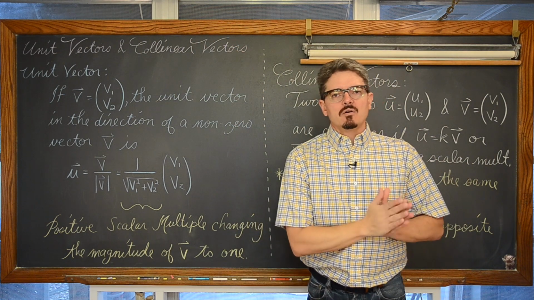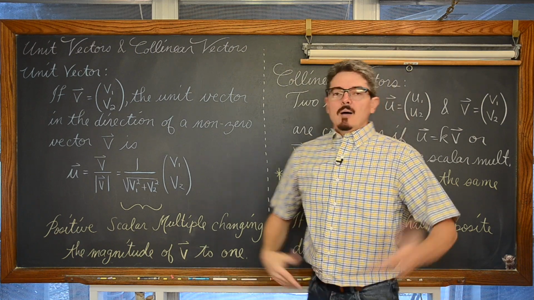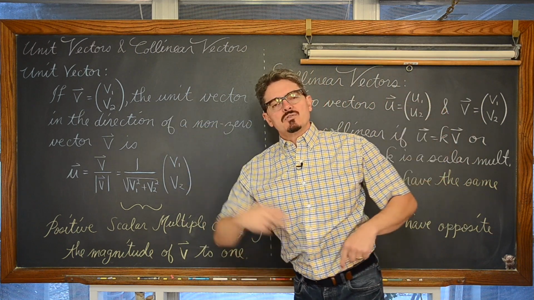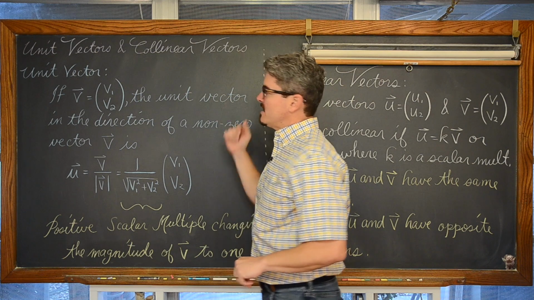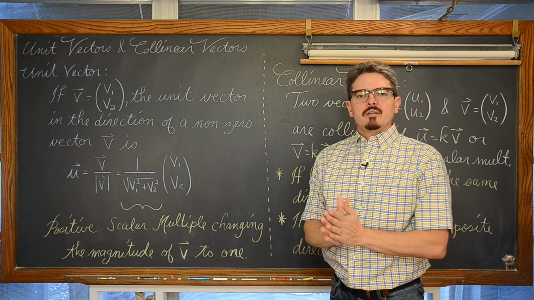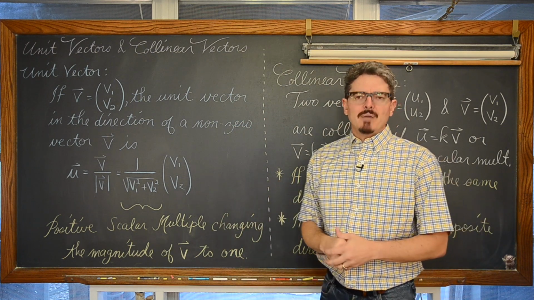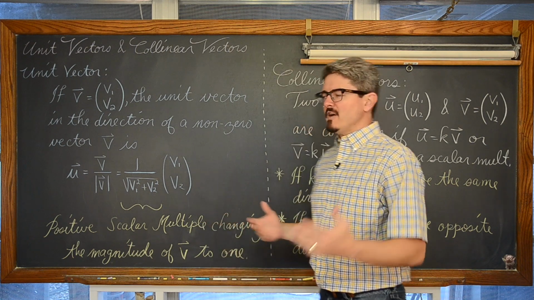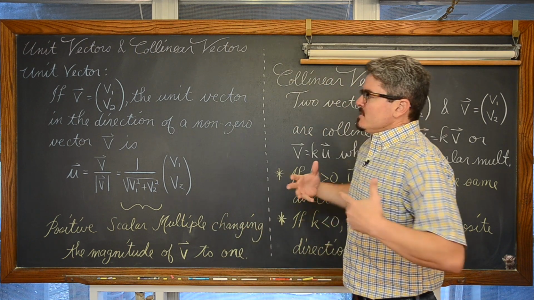In this video, we're going to do 3 examples involving finding unit vectors and determining whether a couple of vectors are indeed collinear. I'm going to include timestamps in the description so you can jump ahead to any of these 3 examples. You'll also find a link to a playlist that includes all of my videos so far that involve vectors. So what is a unit vector?